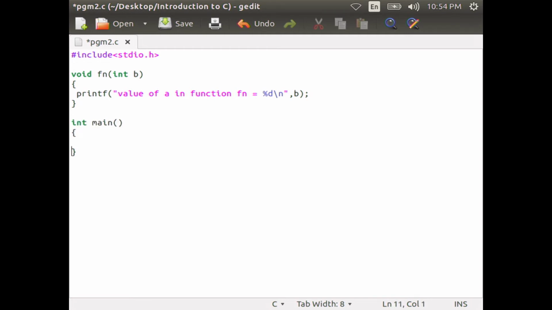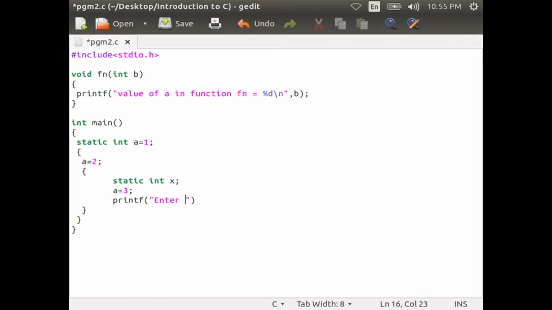Now, we can start the main function, int main, within curly braces. We are declaring the static variable a, that is static int a = 1, then within curly brace a = 2, then start another brace, static int x and a = 3.